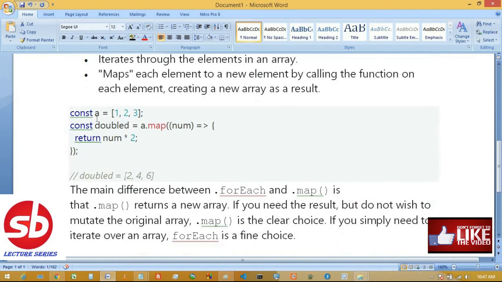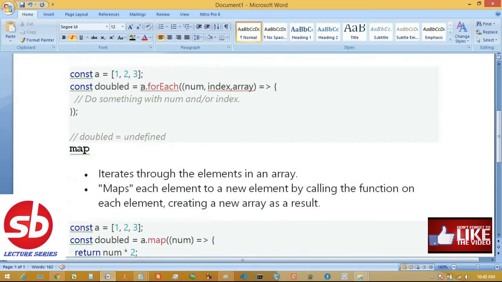Next, in the map function there is also an array, and we want to iterate through every element of this array. Here also we define const doubled, a.map, this is the syntax, array dot map, and also here there are 3 elements, that means index and also array, but these two are optional, you may put them or may not, but the number is mandatory. So here we are returning something, whatever the number is multiplied by 2, that will be stored in doubled for each and every element. So that's why doubled becomes 2, 4 and 6.